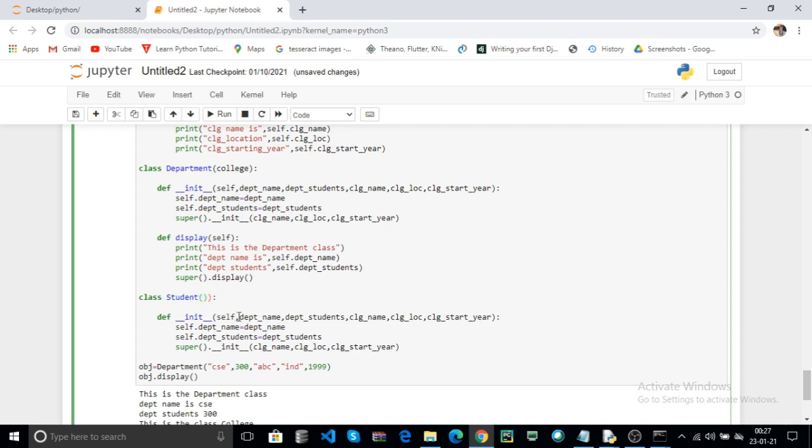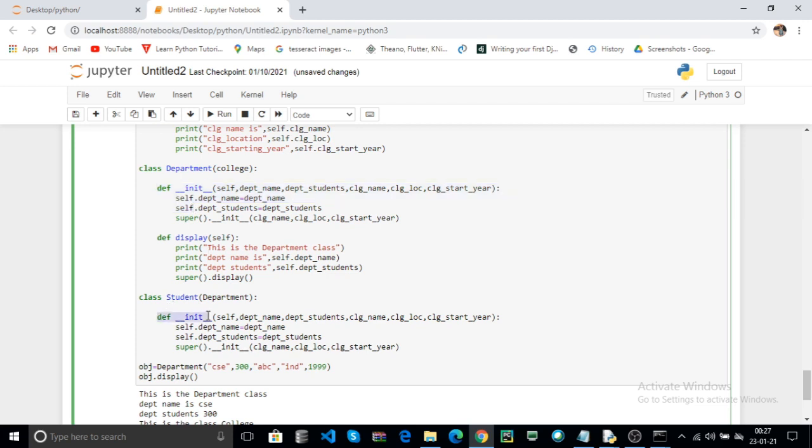In that class the constructor contains the parameters that are required, because here the student class overrides the department class. Here the department is the parent and the student is the child class. Here the student acquires the properties of your parent class DEPT.